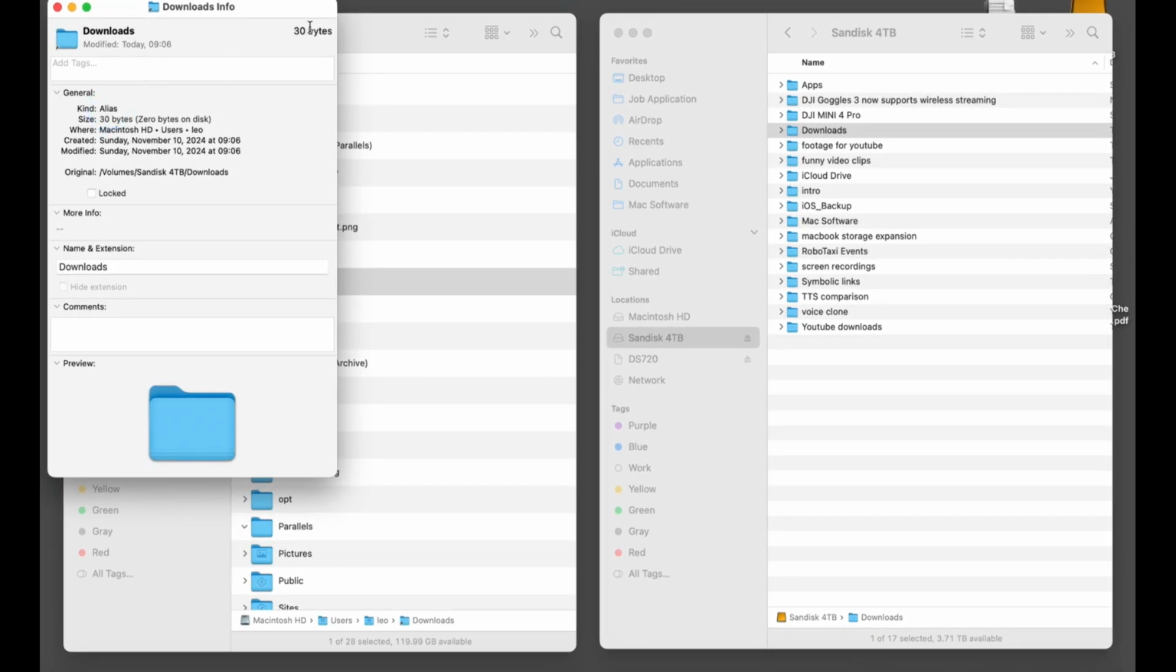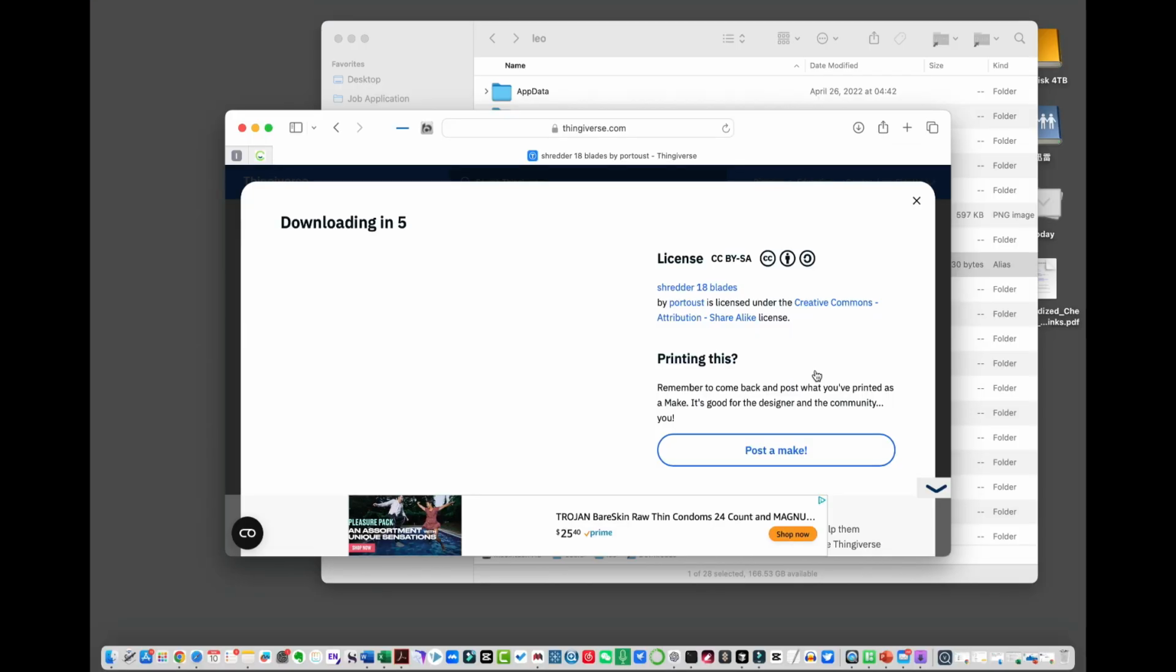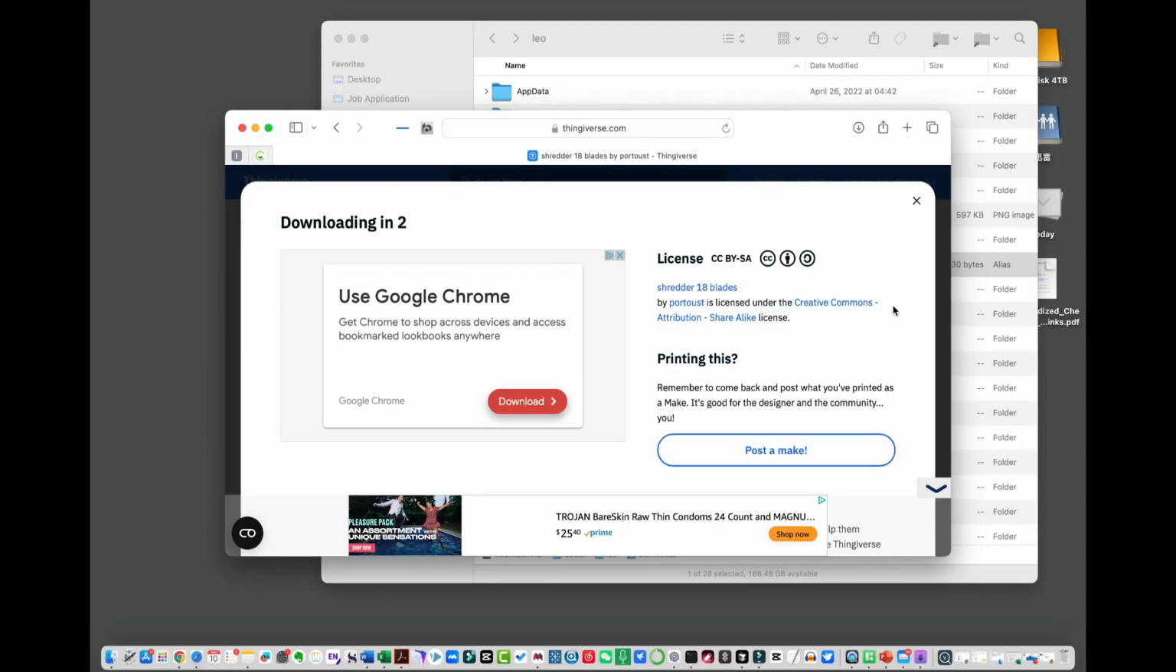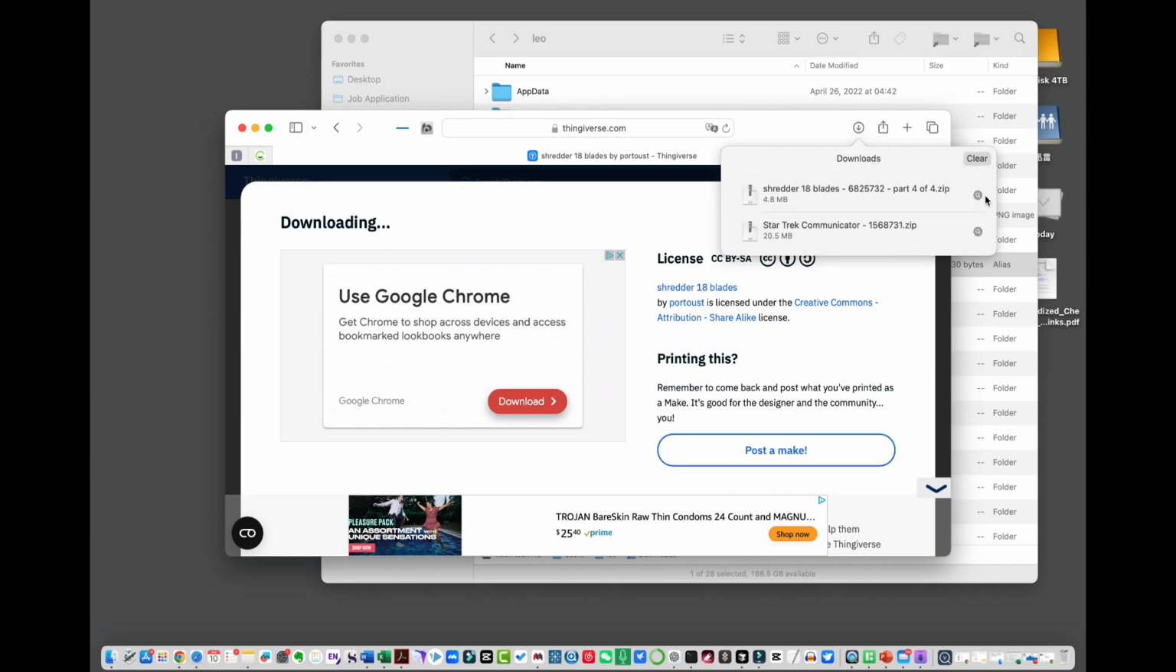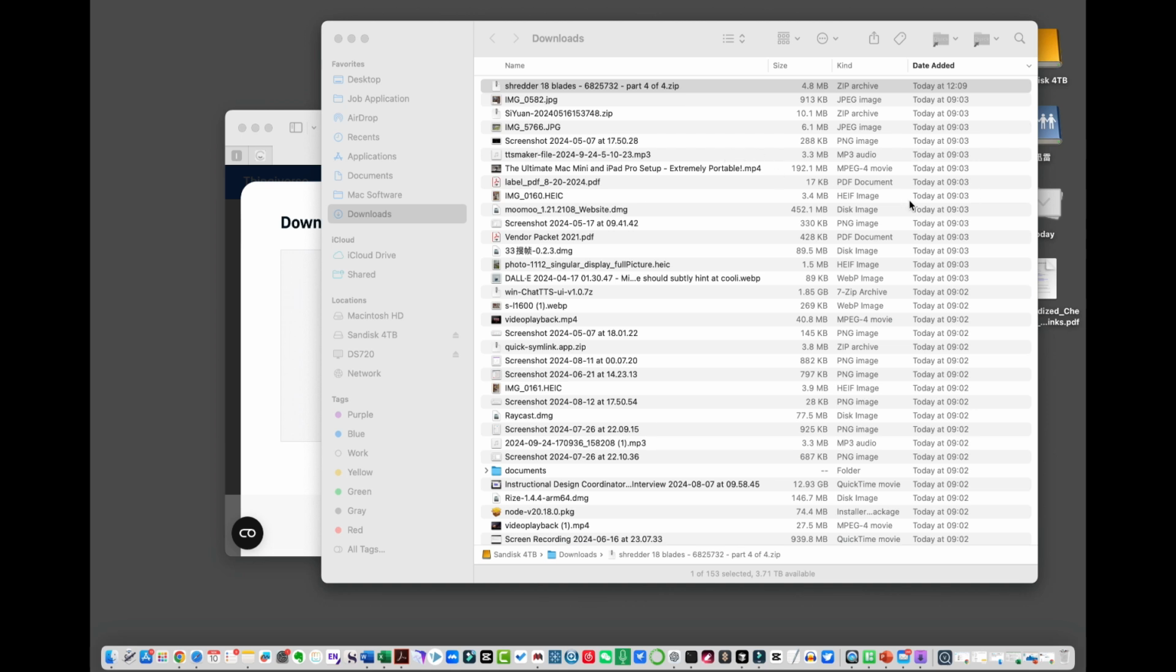Now I will use Safari to download a file. Safari saves it to the new location on the external drive, even though I haven't informed Safari about the new path. This indicates that the symbolic link successfully tricks applications like Safari into thinking the Downloads folder is still in